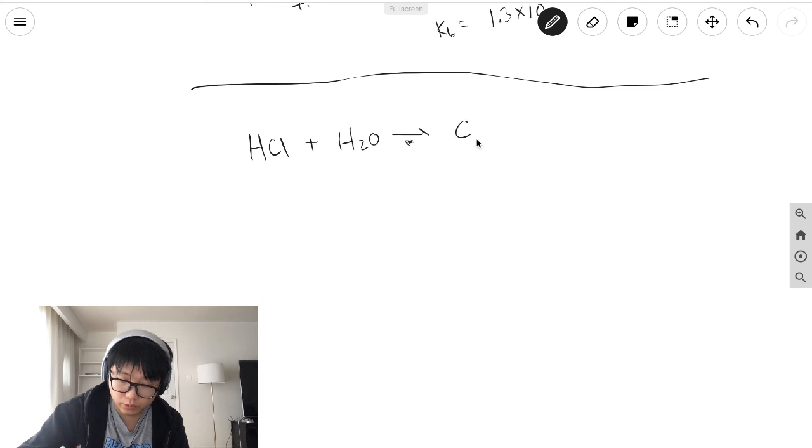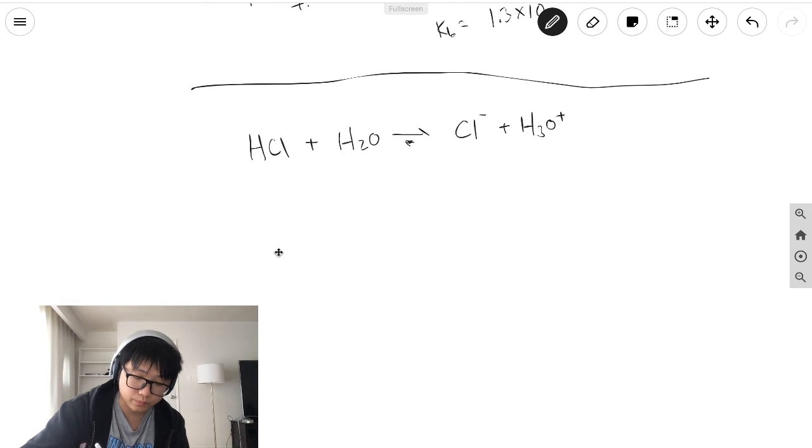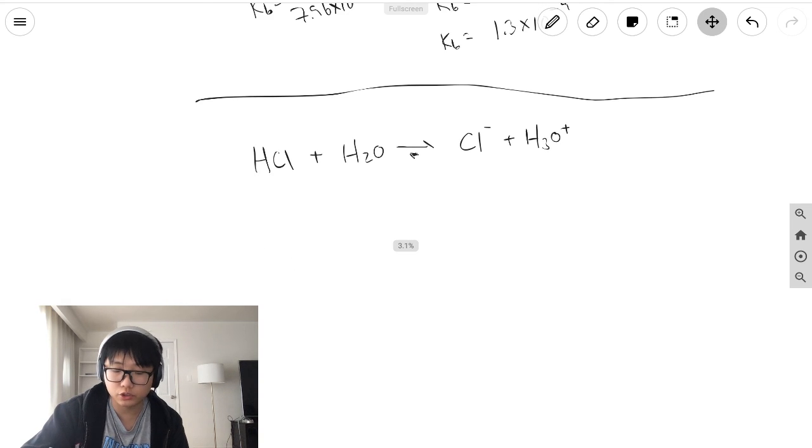On the right side you're going to get Cl minus and H3O plus, and check this out. The Cl minus technically is a base, because it's the conjugate base of an acid. So if I write that out as a base, I will have Cl minus plus H2O giving me